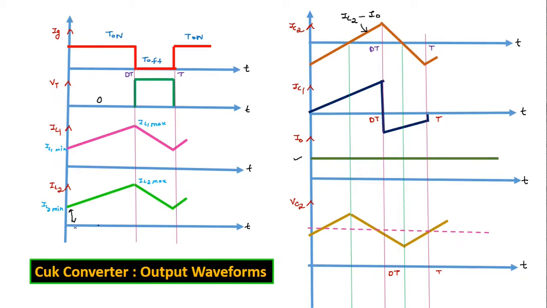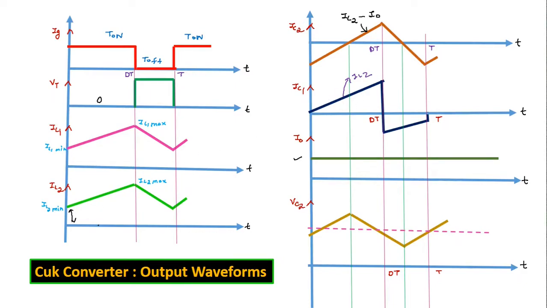So this constant value will be deleted from here. So this waveform will shift on the x-axis. So this type of waveform we will get for the IC2 current. The current through the capacitor 1 current is equal to the inductor 2 current IL2. So same waveform of the IC1 current will come as we are drawing for the IL2 current here.